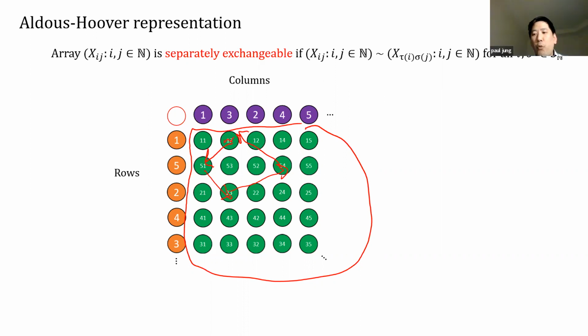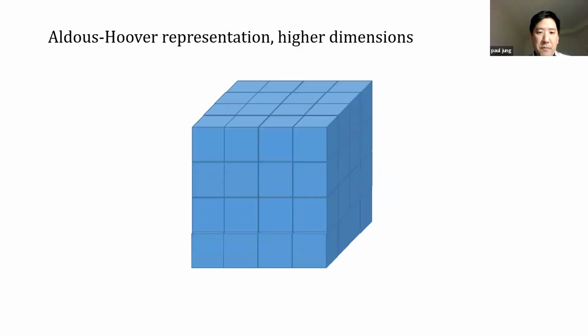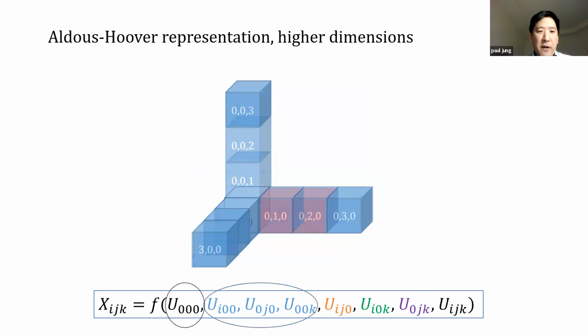So the point is, when we have more structure, we actually need more uniforms to describe the actual additional structure that we have under this invariance. But when we allow for more permutational invariance, then in some sense we have fewer uniforms that we need. So here, if we allow for full permutational invariance of this array, then we simply just end up with a sequence, and we end up with de Finetti. And this is going to be kind of a pervasive theme in the rest of the talk. Okay, so that's Aldous-Hoover.